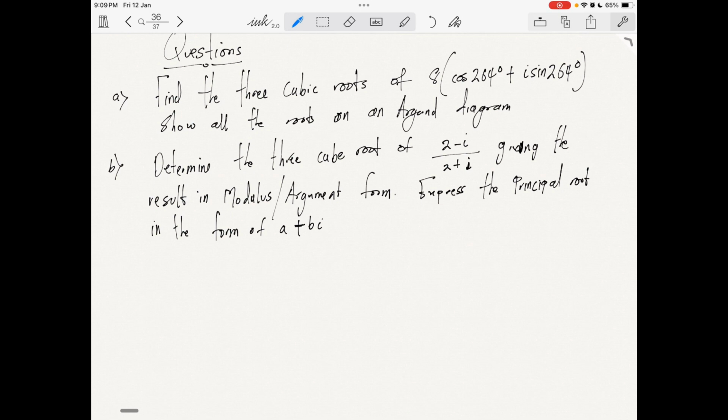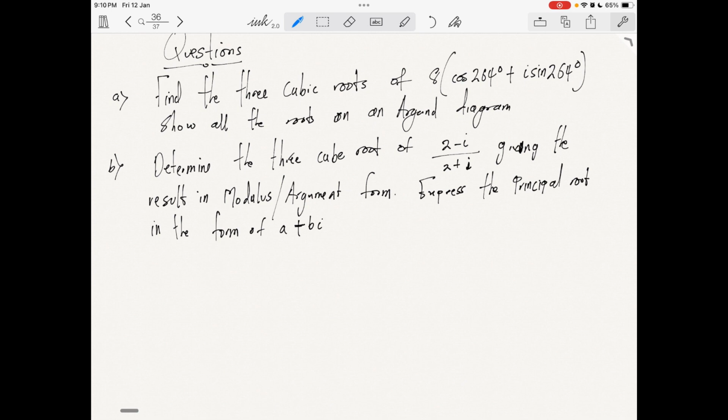Considering these questions as a continuation of our last video where we talked about the roots of complex numbers. If you look at question 1, we said find the 3 cube roots of 8(cos 264 degrees + i sin 264 degrees), and show the roots on an Argand diagram. The next one requires that we evaluate the 3 cube roots of (2 minus i) divided by (2 plus